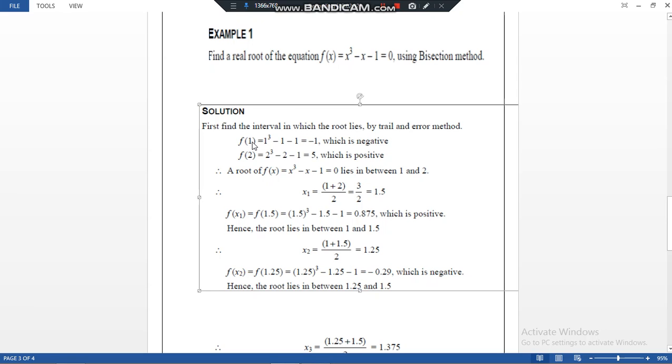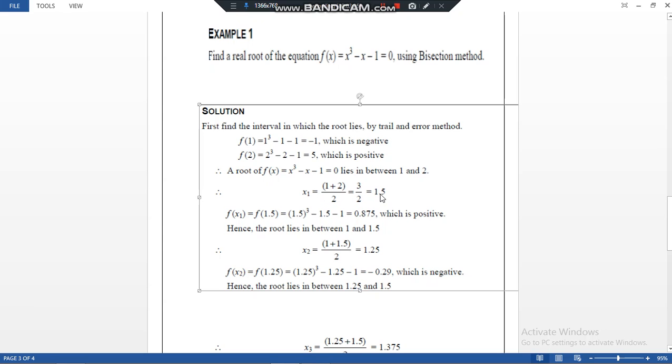If we put x equals 1, we get f of 1 equals minus 1, which is again negative. If we put x equals 2, we get f of 2 equals 5, which is positive. Now we stop here. We can easily see our root will lie between 1 and 2, which we have to find out. So we start our next approximation, that means x1, and obviously it lies between 1 and 2. So we take the average of these 2 points. So (1 plus 2) by 2 gives 1.5. This we have identified by the bisection formula.